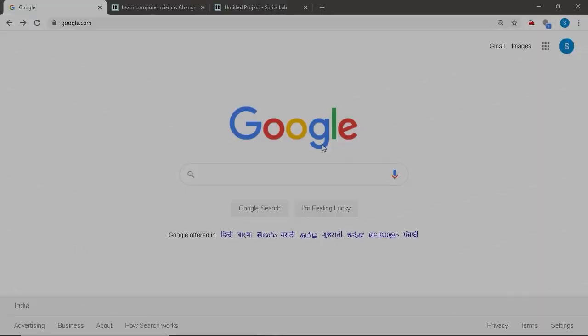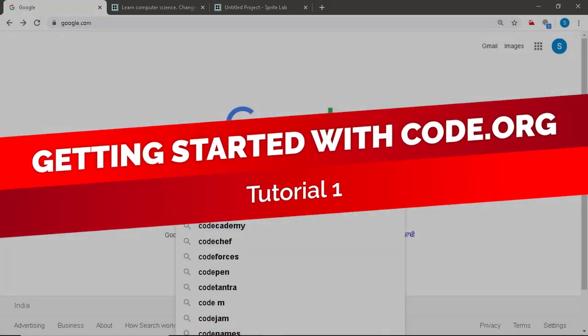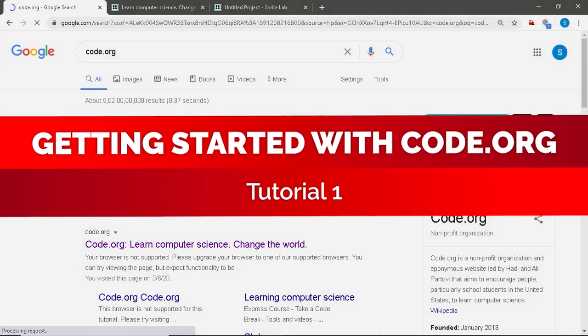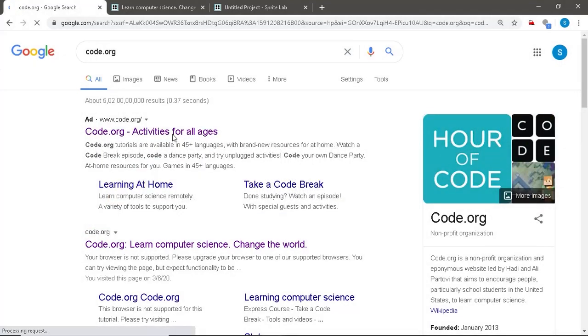Hi students, in this session we will learn what code.org is and eventually dive into the world of coding. So basically this is the platform where you have to get into. Click on the code.org activities for all ages, and now